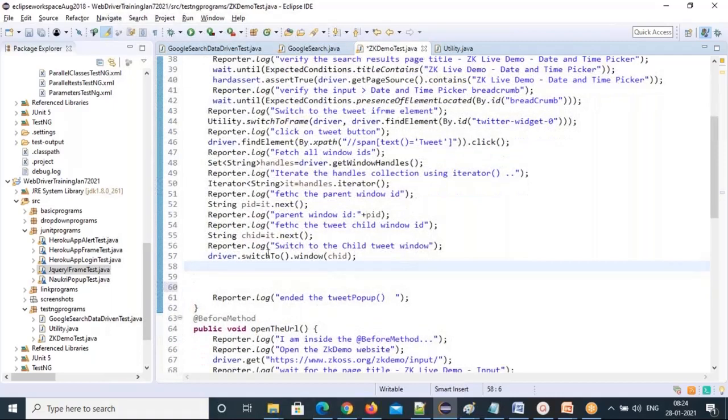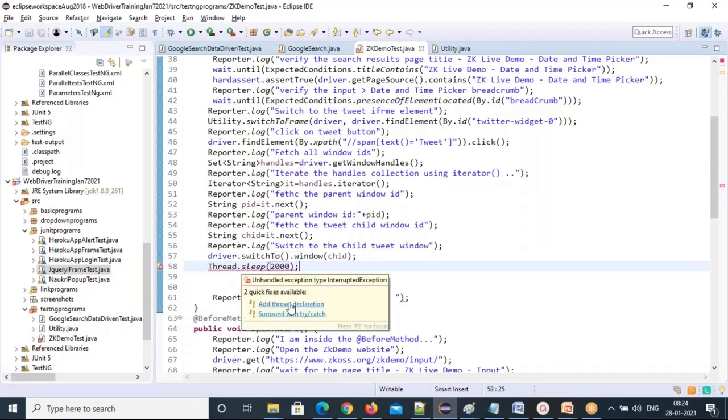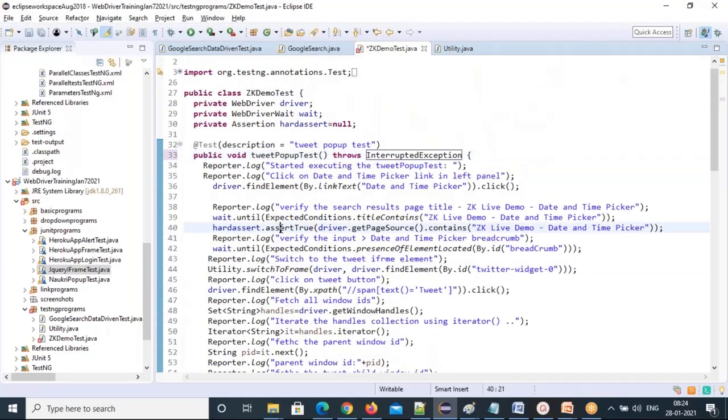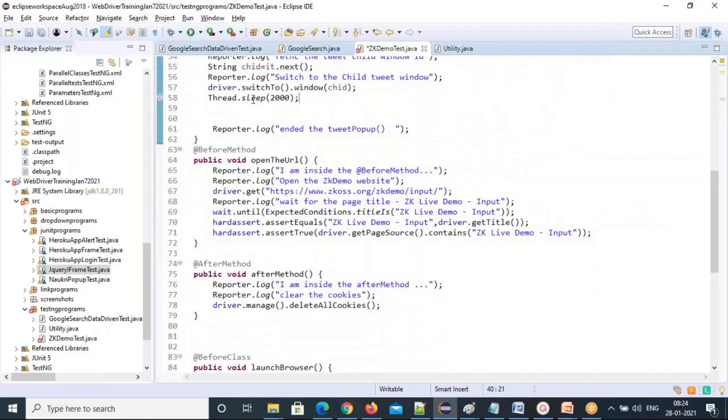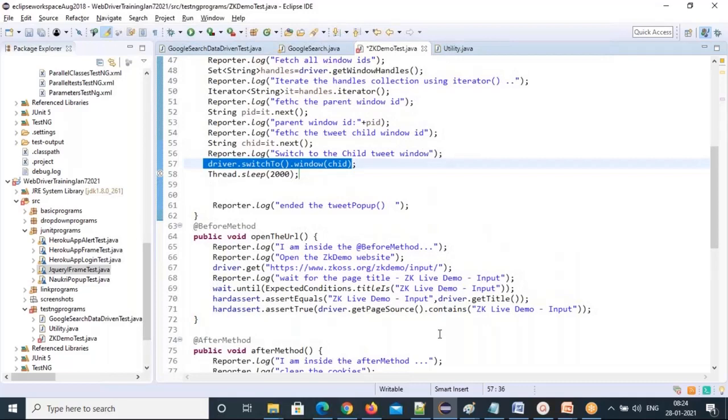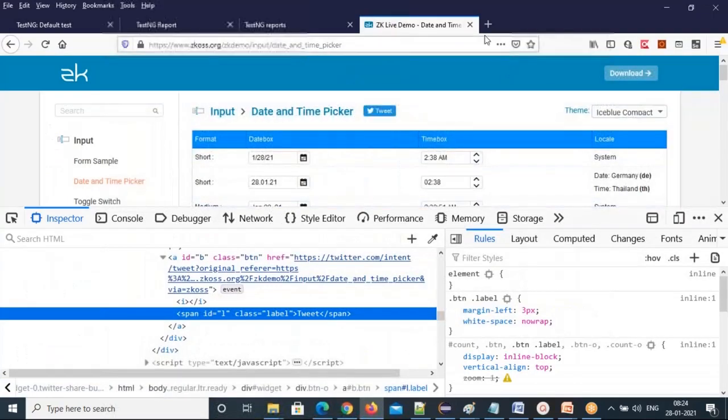Okay, so now I switch to my child window. What I need to do is type, but I'll wait a little bit of time, because it is loading slowly. I'll use 2 seconds. I'll wait 2 seconds, then I'll type. So I switch to the child window. Now I move to the tab. This line will take the cursor to this tab, guys, the tweet tab.